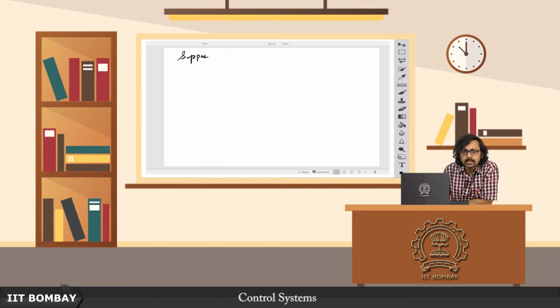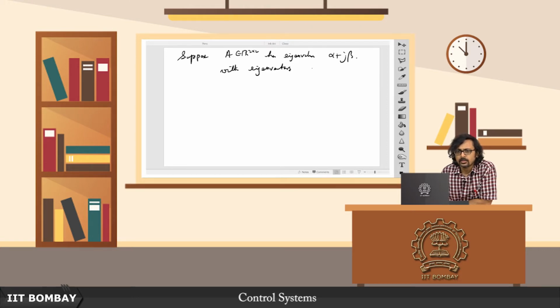Suppose A belonging to R 2 cross 2 has eigenvalues alpha plus minus j beta, with eigenvectors v plus minus jw,